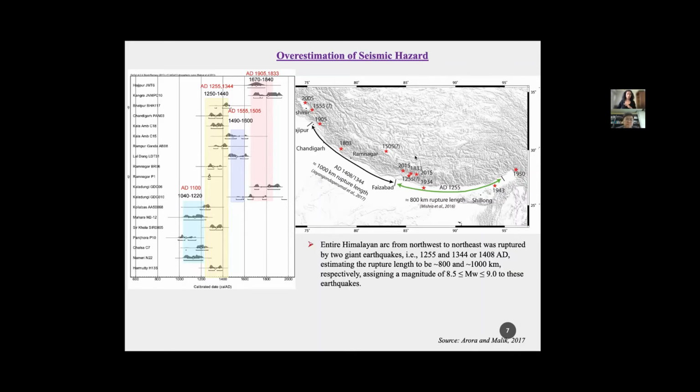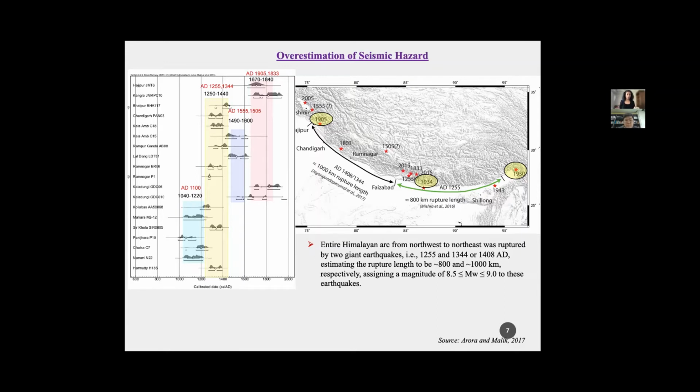So let us consider one situation. For example, 1905, 1934, and 1950. These are 20th century Himalayan earthquakes, and these earthquakes occurred within a time frame of 30 to 40 years. Say we want to date these events 300 years from now, and with the current dating